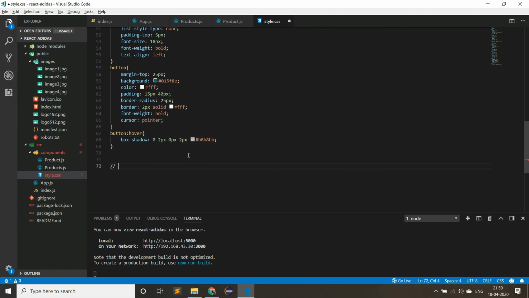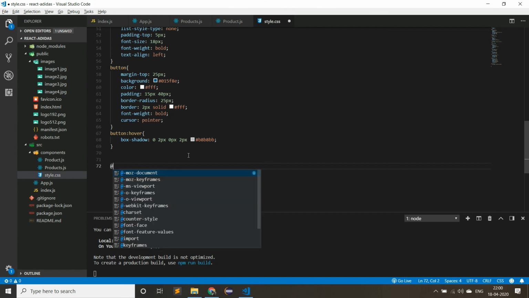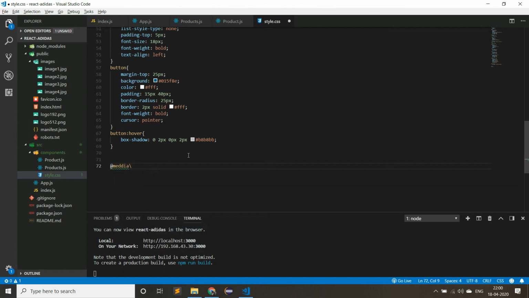So open style.css and write @media only screen, and open the parentheses, inside of that max width.